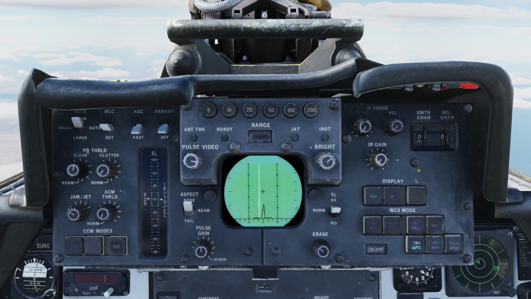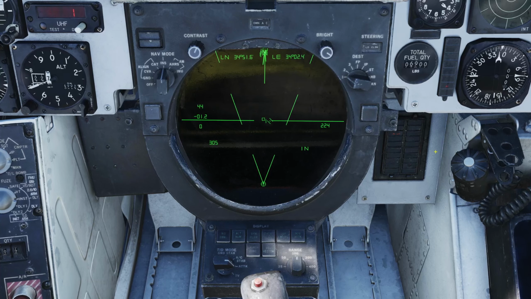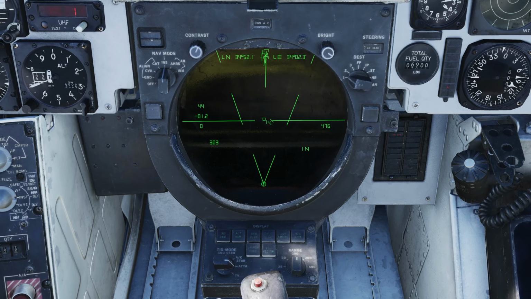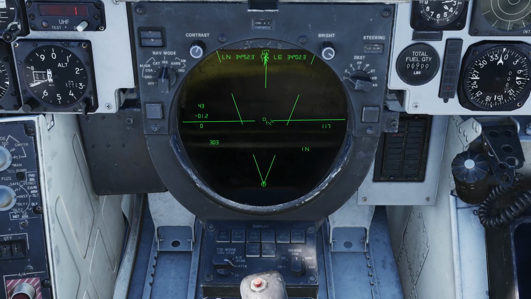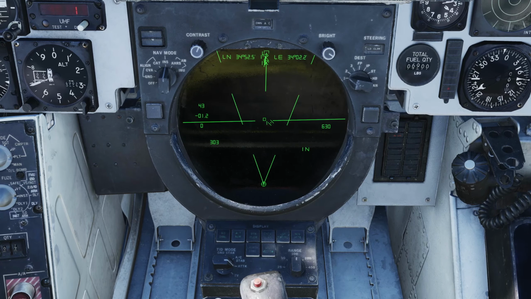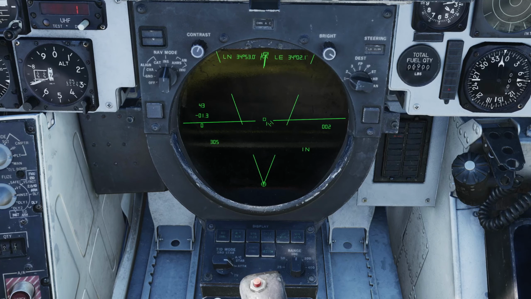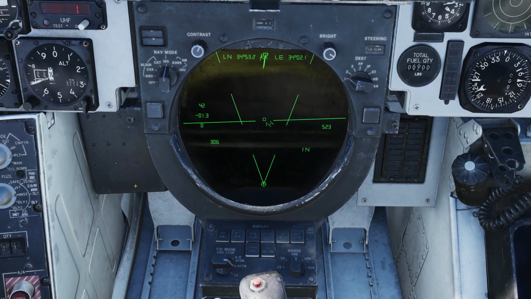Okay. So, those are all the major modes that you can use the radar in via the DDD. Let's switch now to the TID, and we'll cover how that works. Okay, so looking down here at the TID, or the Tactical Information Display, we're going to be able to see all of the different tracks that we have generated using the OG9 radar. So, just to go over the controls here, let's actually pause it while we have some information on the screen